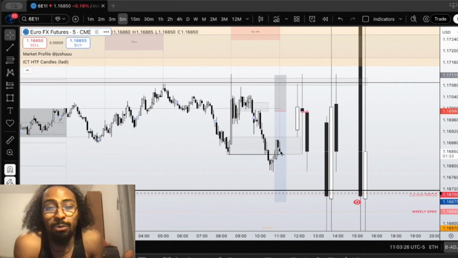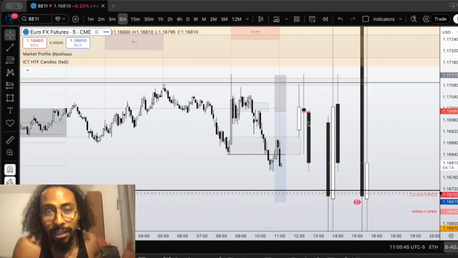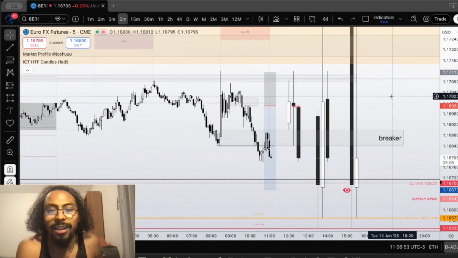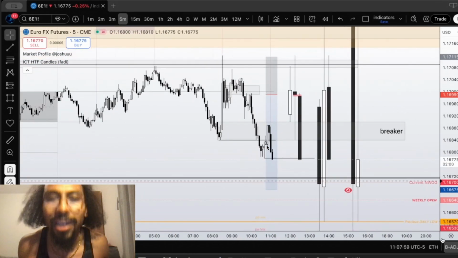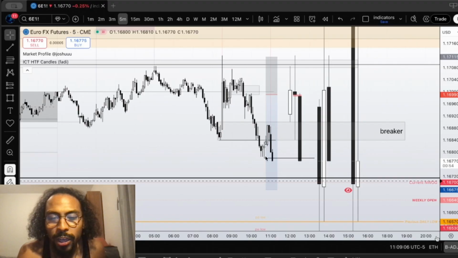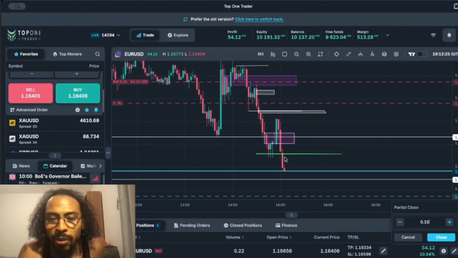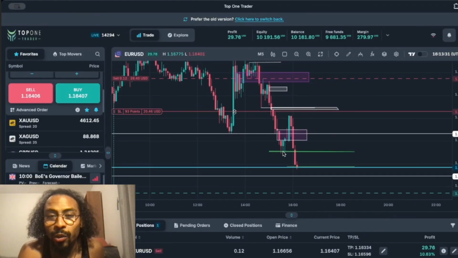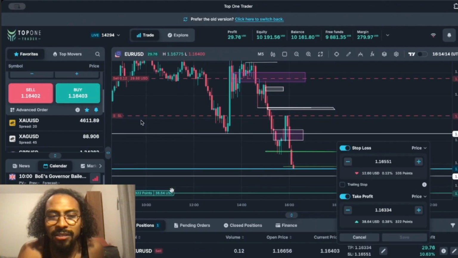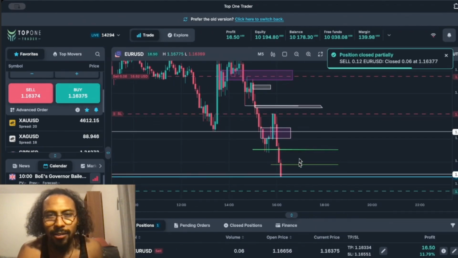Because I didn't know if it was gonna keep continuing lower. It could continue higher and hit my break even. But I let it go. And look, Dodgy fans, you got fucked up. You know what I'm saying? So we expanded through that low, and then we had a nice displacement lower through it and a close through it. So I ended up moving my stop up to this high, and I ended up taking more partials because